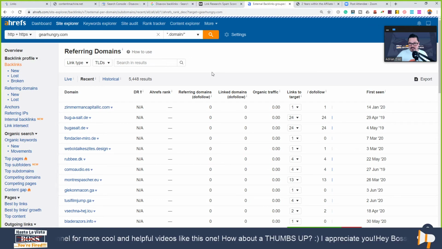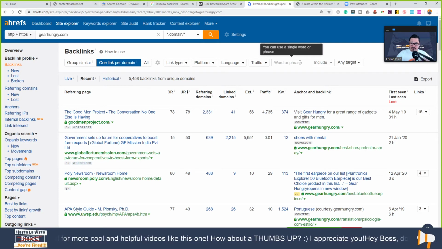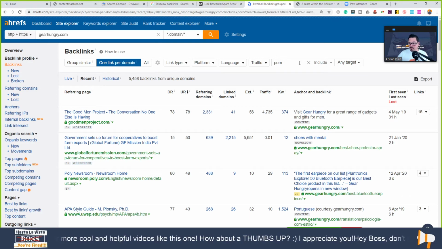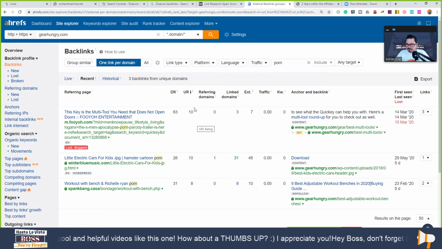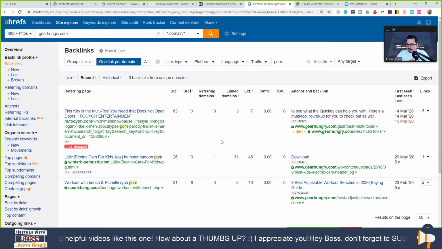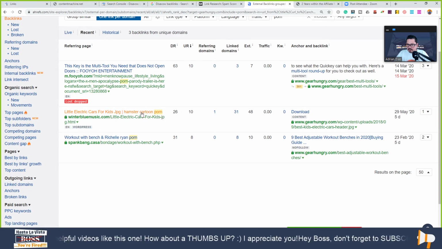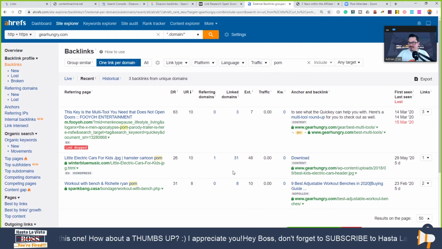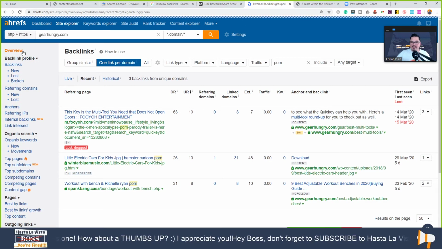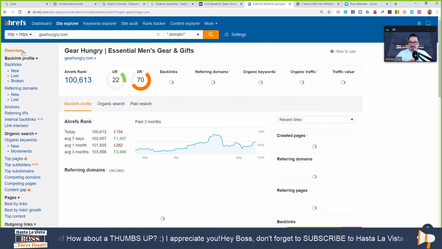But that's how I looked at these websites to see who is linking to me and find out. For example, let's put here some porn, see if they have any porn links to them. Yeah, as you can see here, multi-tool roundup, porn, hamster cartoon porn. They're linking to an image or something, maybe workout with bench. So there's many things that you can find by looking at your website, and if there's something that you don't like